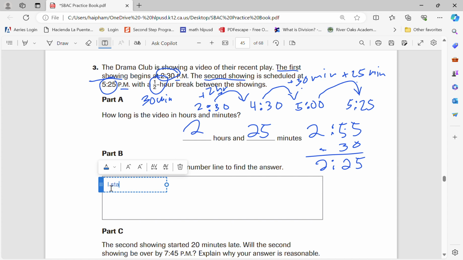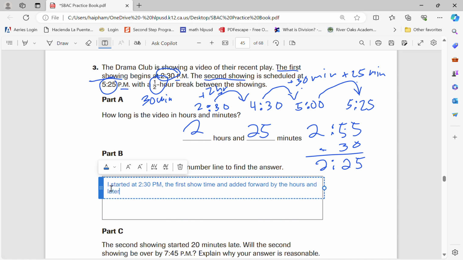I started at 2:30 p.m., which was the first showtime, and added forward by the hours and later by 30 minutes,